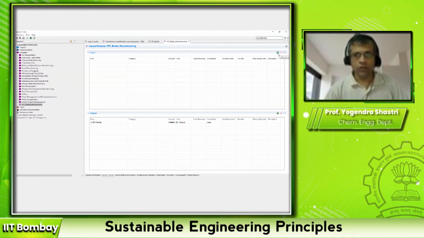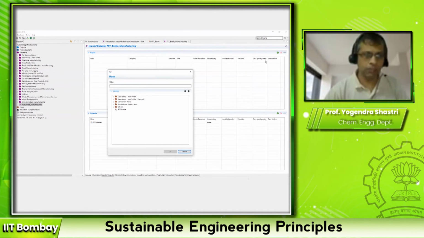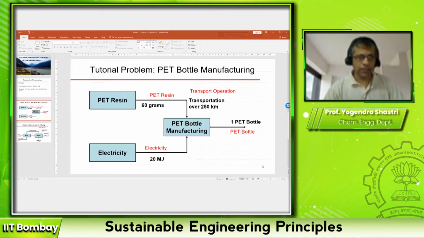If you want to add something, you click on this green plus button, and it will give you a list of all the flows that are available in the system and that you can use as inputs to your process. Okay, so the first input that we want is a PET resin.